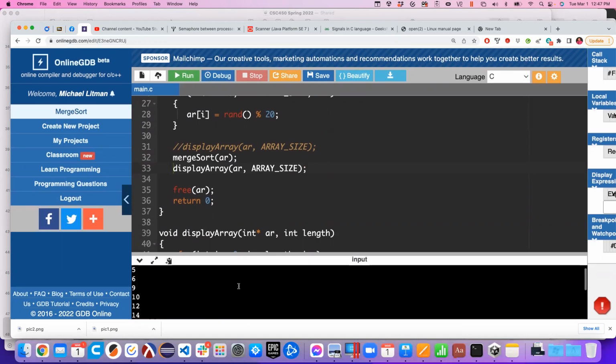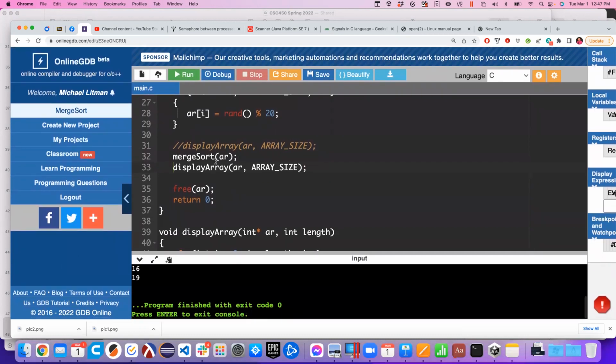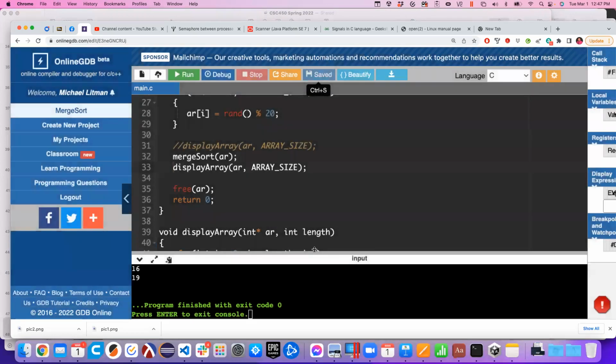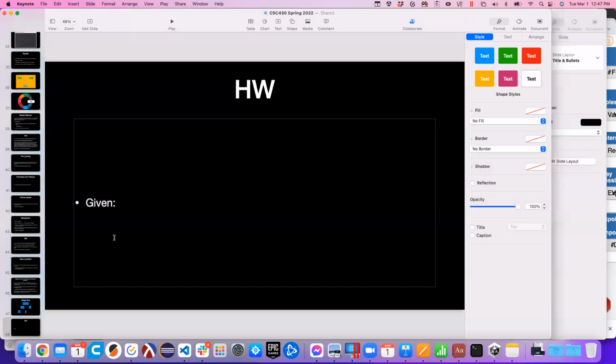So there's our working merge sort. Okay, so I'll save this. And what I already gave you online works, but I didn't have a couple of global variables popped in there, but it still works for the current thing. So given that,